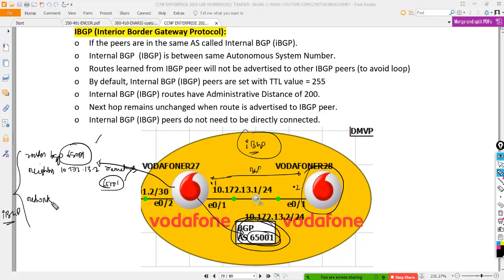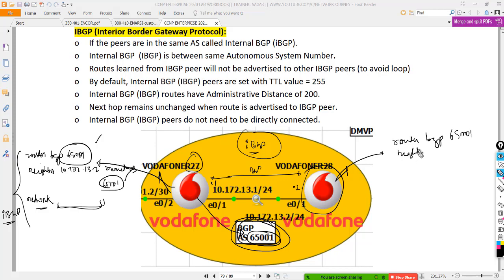I go and advertise my network command, and whatever networks I have, let's say I have a loopback, and similarly I have a loopback on the other side. So in Vodafone R27, I'm going to define the network over here. Similarly, the configuration on this side would be router BGP 65001.